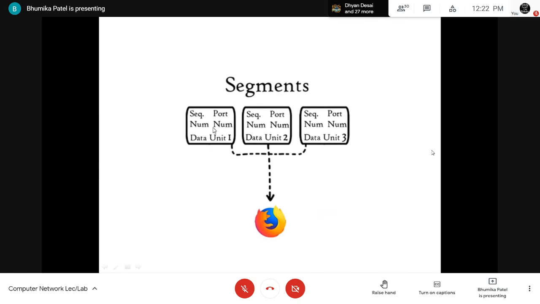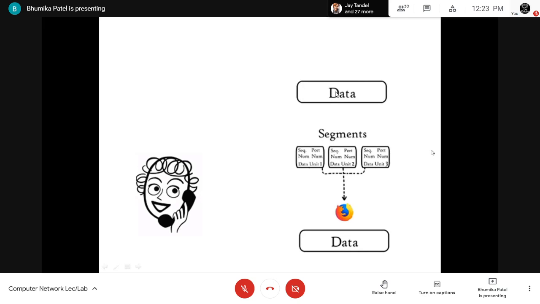Then next is the sequence number. Each and every data packet has its own sequence number. Why? Because if I divide the data into small parts, I have to give numbers to all the data packets too, because at the receiving side the original data must be generated again, right? So for that I will give a number to each and every segment. This sequence number will help in reassembling the segments in the correct order to form the original message at the receiving side.